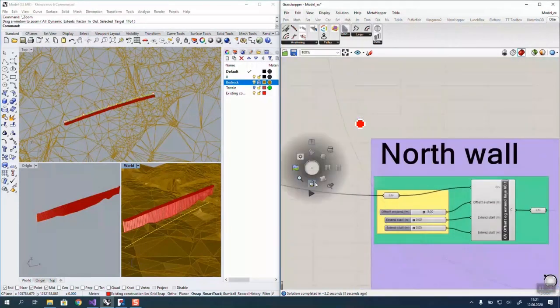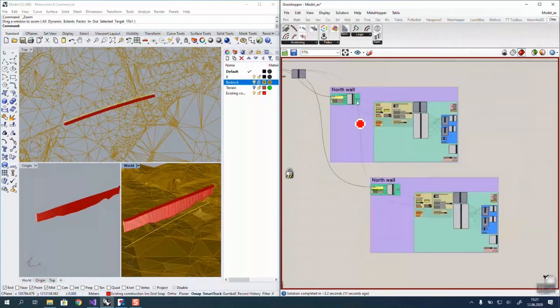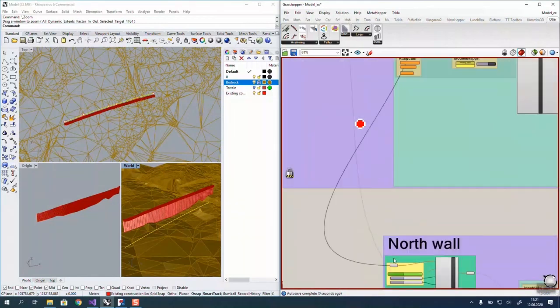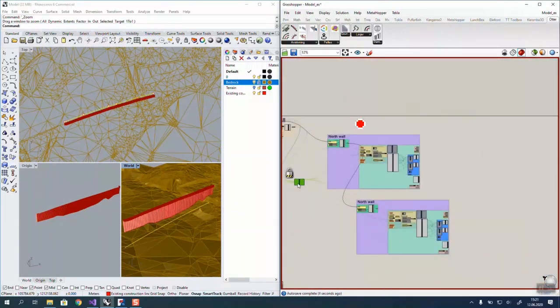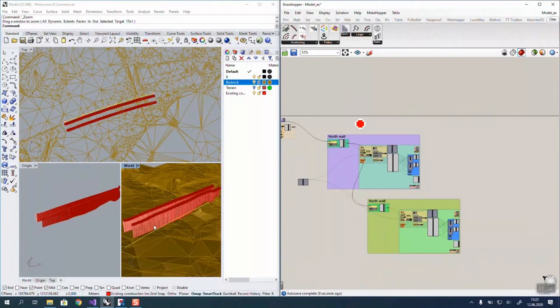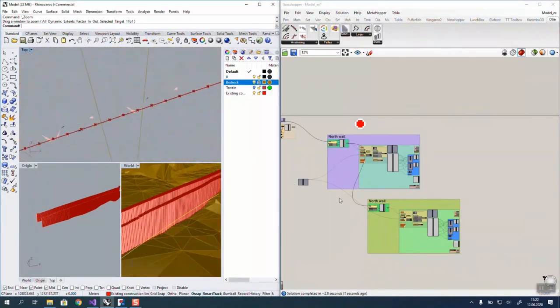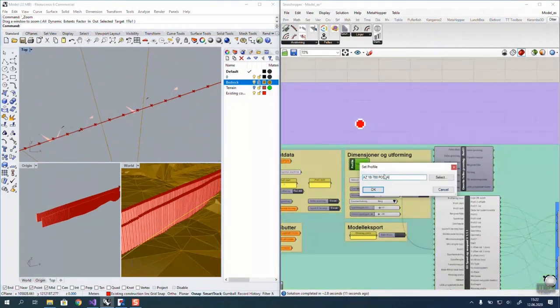So you can use, and we set the distance here to 7.5 meters from the construction line, and connect that one to the other offset component. So it's all fully dynamic and attached to each other. The new wall now came on the wrong side, you can see here. So we just have to modify that in our script